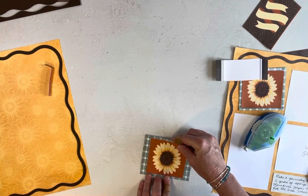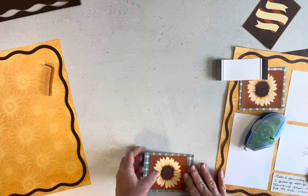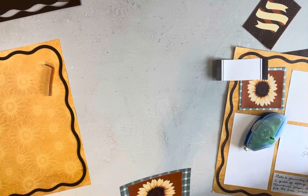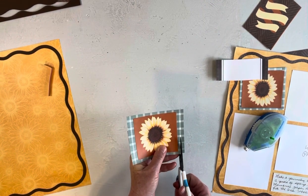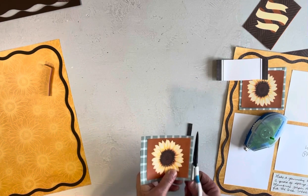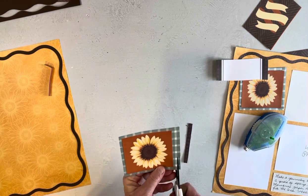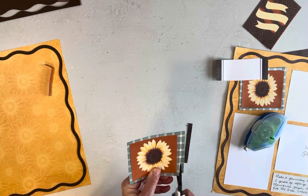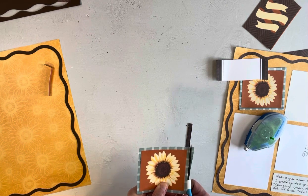And then I'm just going to cut the edges off the sides to get about the same amount on the sides as I have on the top. So I'm just going to do that with my scissors because there's a straight line to go by with this pattern. And I'm happy with that. And here. Just a little bit. All right, so that's how I got that look